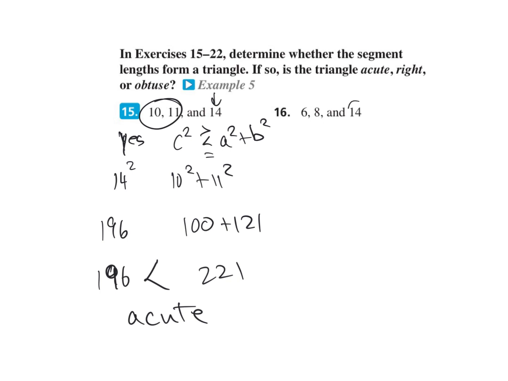All right, again, put the bigger number first, but 6 plus 8 is 14. This does not make a triangle. So we don't even need to figure this out. What about these? 12 and 16 are bigger than 20, so we're going to take the bigger number and square